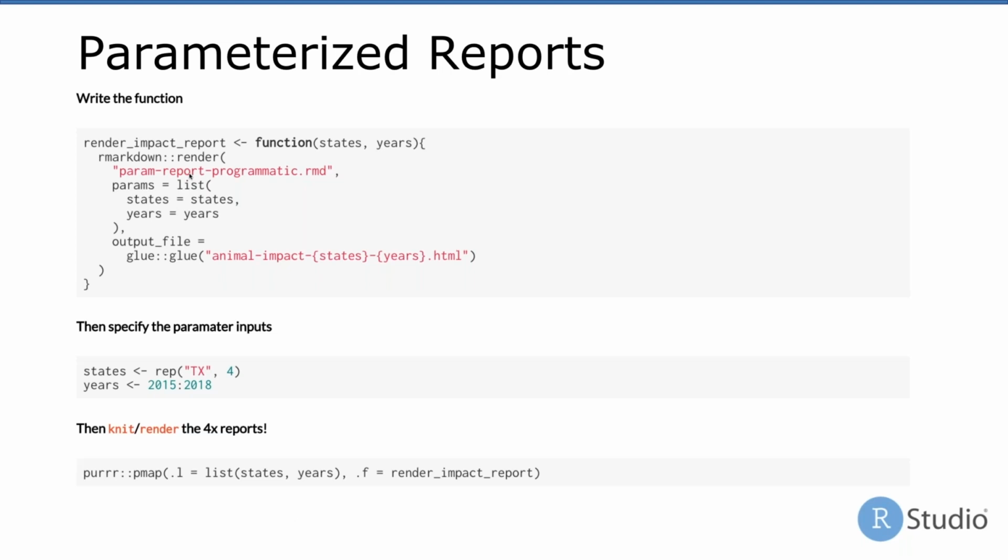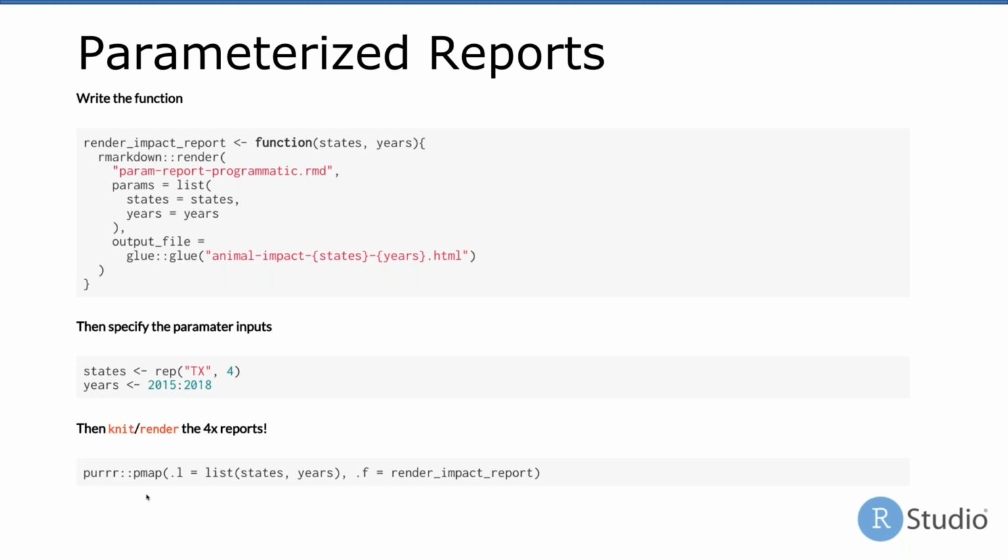And then you're creating this output file as an HTML output. So you write this function, you specify your inputs. So there are 4 different inputs here, 4 states repeated, and then multiple years. And then you can knit this report locally 4 different times. So this is really powerful in that you can create multiple reports on your local environment really quickly based off the same code. The next step with RStudio Connect is you can take this same parameterized report, publish onto Connect with the source code,